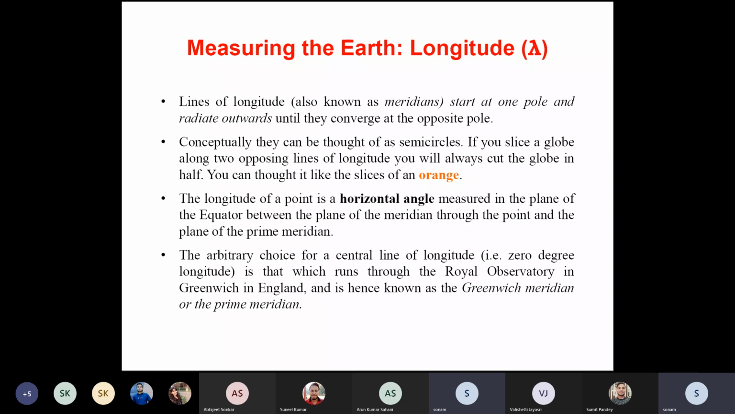In your copy, write down the longitude notation is lambda, as it is given in the heading longitude. Inside the parenthesis there is lambda. Okay. So yes,